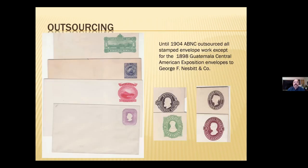The next thing I wanted to talk about was outsourcing. Not everything on an American Banknote Company order they produced themselves. There were times when they had to come up with sashes for their client, and clearly they didn't make sashes, so they went out and bought them. They would provide cancelers, and they didn't make them; they would go out and buy them, include them, and add their profit to it. The orders that came in for stamped envelopes were not very large, and so what they decided to do